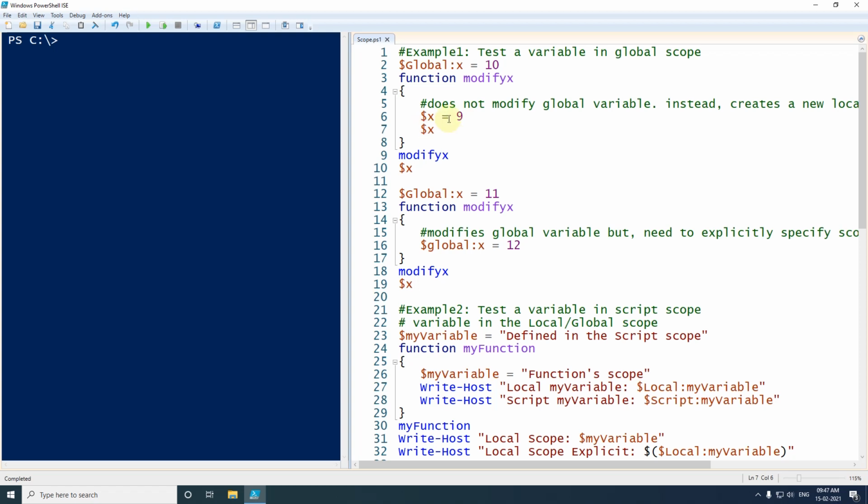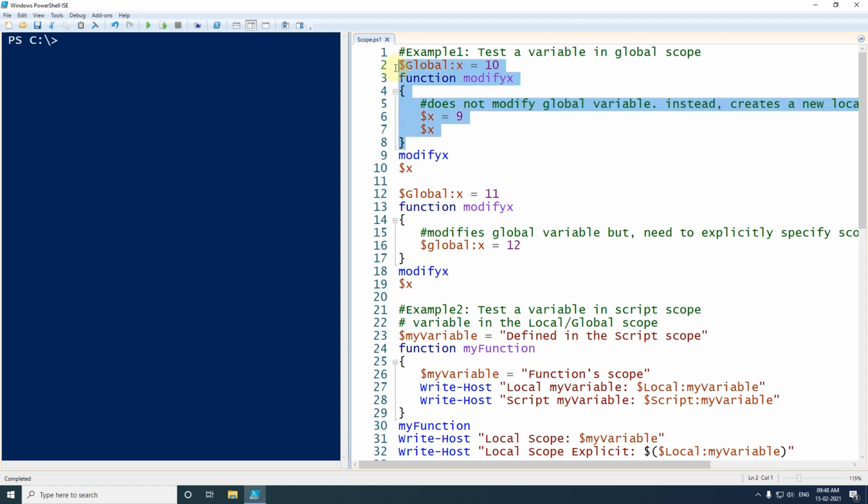So although we have two variables with the same name, outside the function it is x and inside the function it is also x, but outside the function we have specified the scope as global, while the variable created inside the function becomes a local variable inside the function.